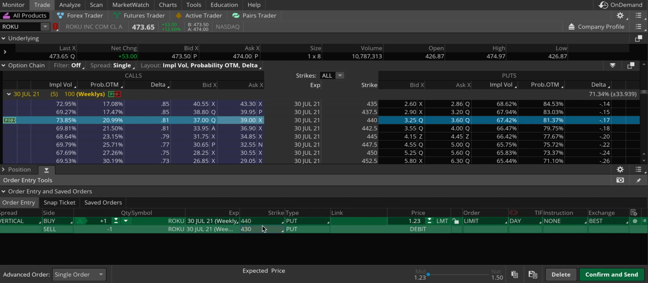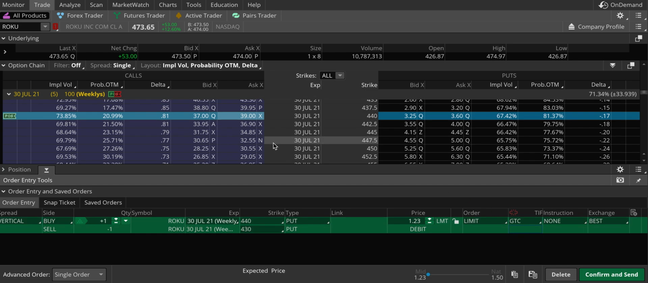Your max profit will be $10 per contract. However, if you look at the Roku chart right now, Roku has a strong momentum to the upside. Definitely not a great time to short it or buy puts on it. The other way to trade